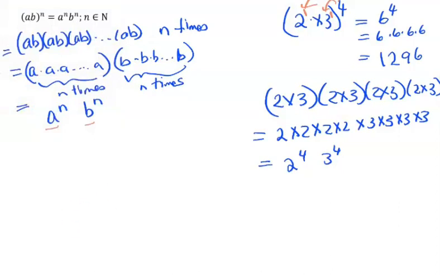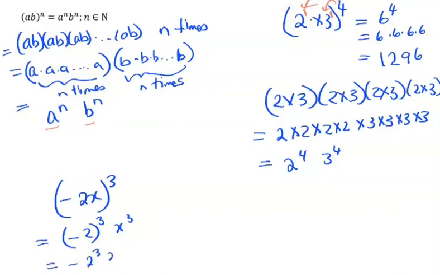Suppose we have minus 2x to the power of 3, that we will have minus 2 to the power of 3 times x to the power of 3, in which case we will have minus 2 to the 3, x to the 3,